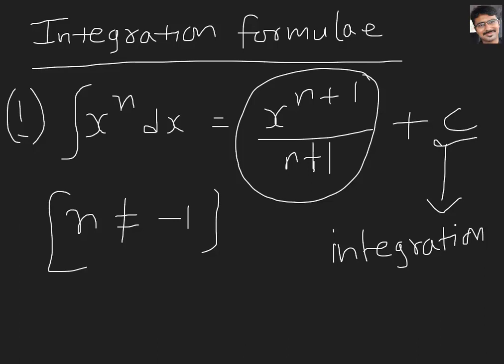When do we have to write this integration constant? Generally, in integration they will give some limits, from where to where we have to integrate. Suppose from 4 to 8, like that. So when some limits are given, there is no need to write c. C is called the integration constant.